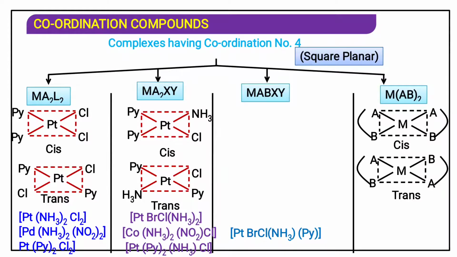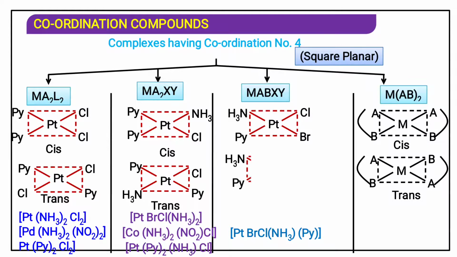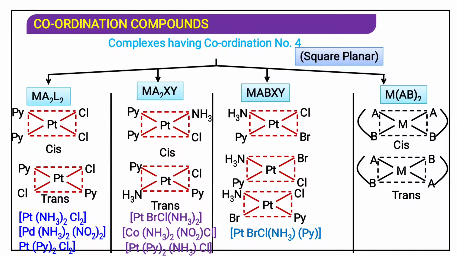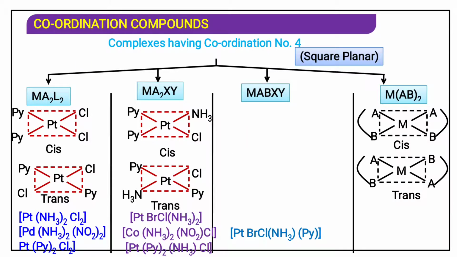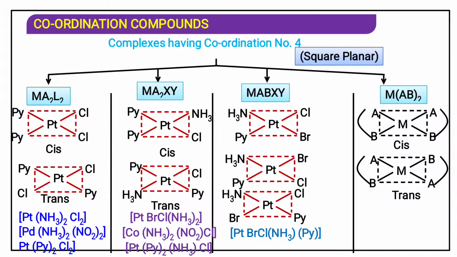now when all four ligands are different, there is no cis and trans configuration, but we will just have a different configuration of the arrangement of atoms. Ammonia is kept constant over here. In the first case only chlorine and bromine are exchanged, and at the last, bromine and pyridine.